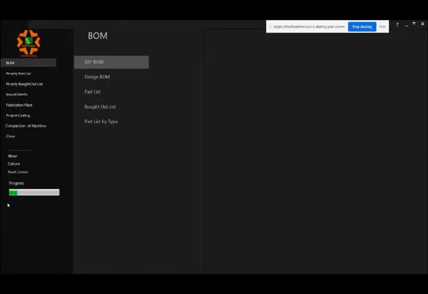Here inside BOM creator, you can see the progress window. It shows you the progress and how much time it takes, which is based on the size of your assembly. All the reports are created in Microsoft Excel, and all the Excel reports are password protected, so that there is no manual intervention or manual changes in that report. So it completely helps you to create an error-free bill of material, which can be uploaded in your ERP or SAP system. So you save a lot of time here, right?